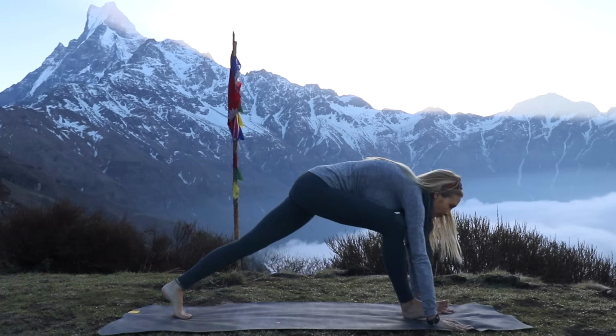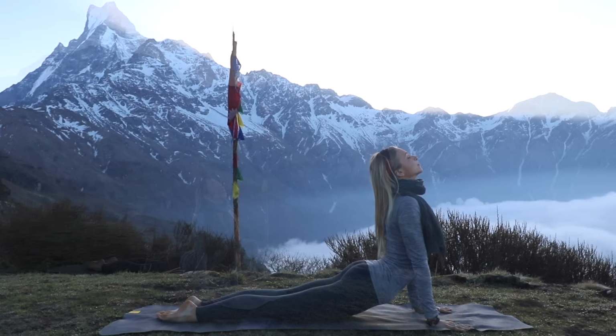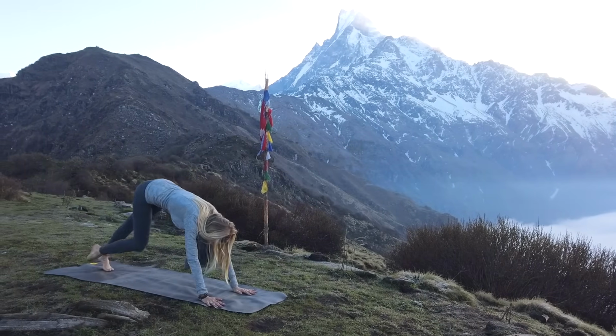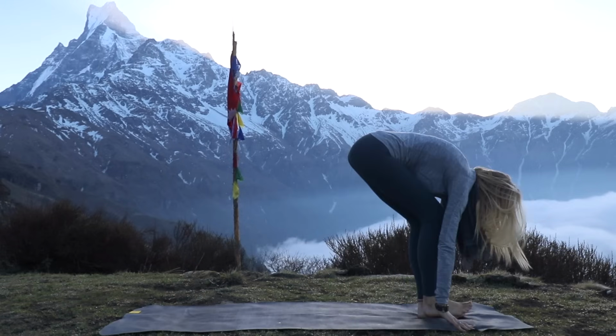Exhale, bring your hands to the floor, stepping back to plank, chaturanga to the mat. Inhale, opening into your upward facing dog. And exhale, press your way up, downward facing dog. Beautiful job. We're gonna keep moving here, so go ahead and bend the knees, hop or step forward to the